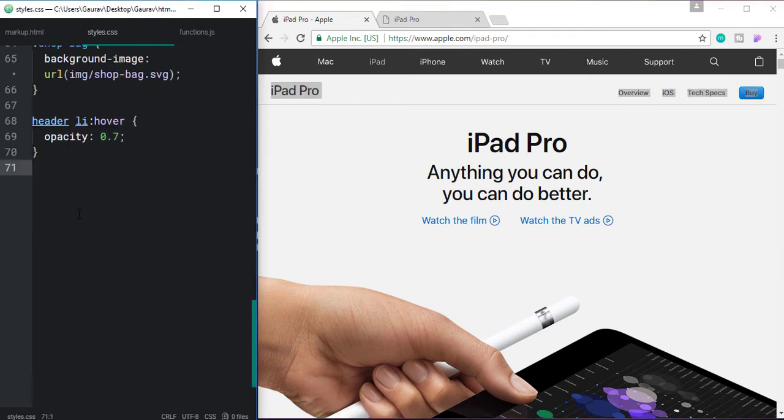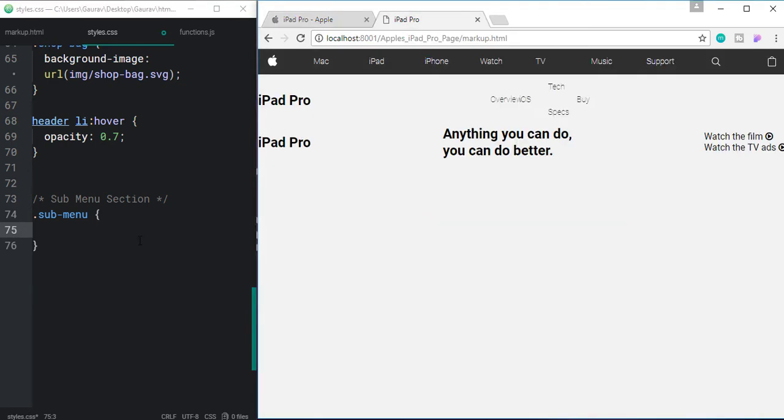So let's create a comment here, sub menu section, and let's target that section with a class of sub menu, and let's give it a padding first.